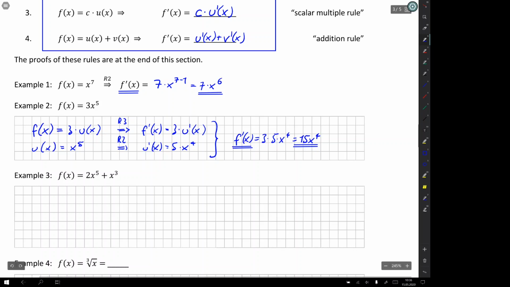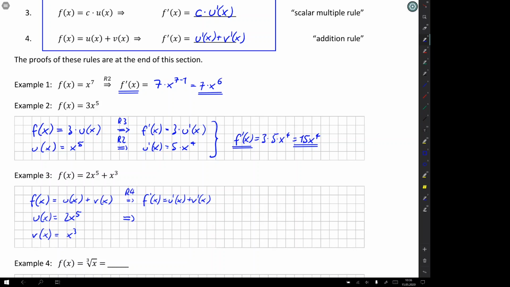And here comes the solution. So we can write f of x as the sum of two functions, u of x plus v of x, where u of x is 2x to the power of 5, v of x is x to the power of 3. Now, according to rule 4, f dash of x is u dash of x plus v dash of x. And here we can now apply rule 3 and rule 2, as we did in example 2,